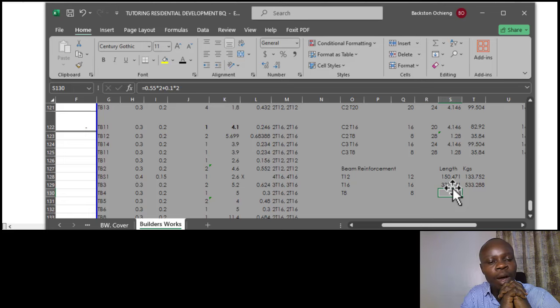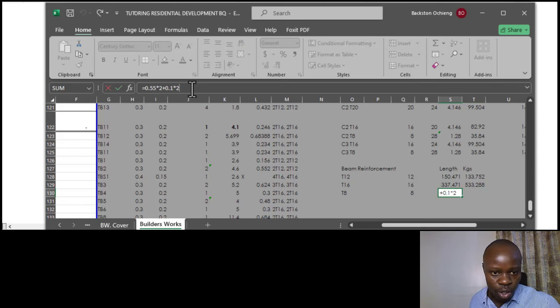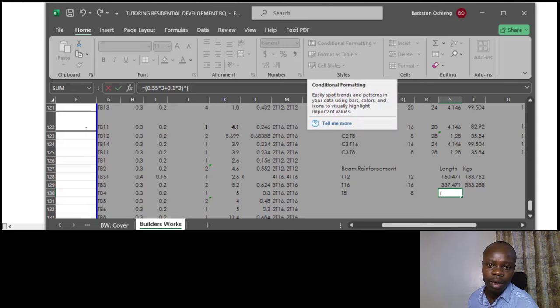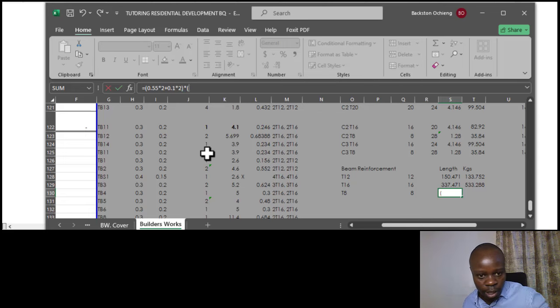but then also we need now to get the number of those links. So for the number of the links, this is how we do it. So we'll bracket this, and when we do, now this gives us just the length only. Okay, and then we'll multiply by the number. So for us to get the number, we already have the lengths of actually these are lengths of bars, which is giving us the length of the bars, but then what we need,